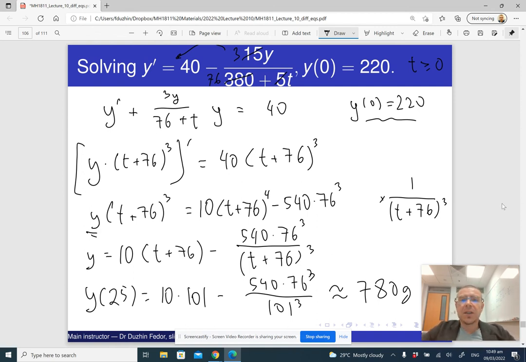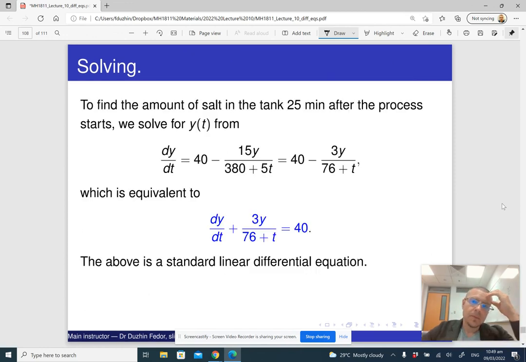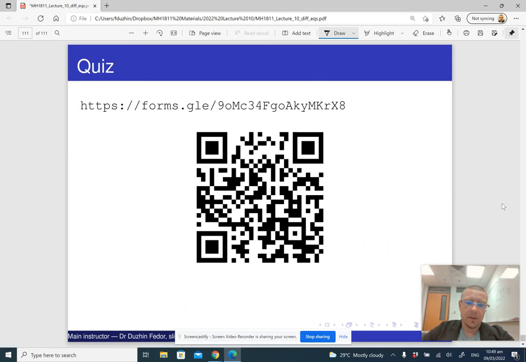All right, so this is how we can solve a linear equation that arises from a mixture problem. Okay, and that's basically the end of the